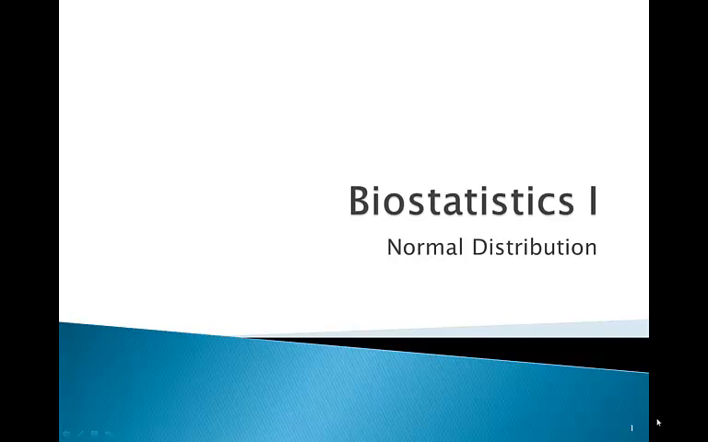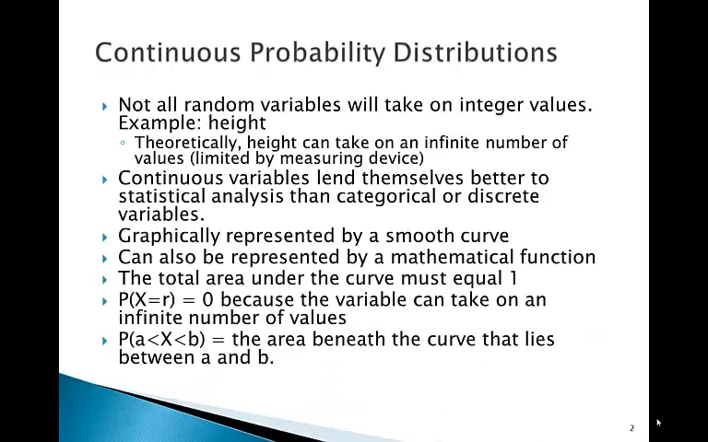In this section, we'll learn about the normal probability distribution. Not all random variables take on integer values, like we've just learned about with discrete probability distributions. An example of that would be height, weight, or any other measurement. Theoretically, these values can take on an infinite number of values. Of course, they're limited by the measuring device we have, but theoretically they can take on an infinite number of